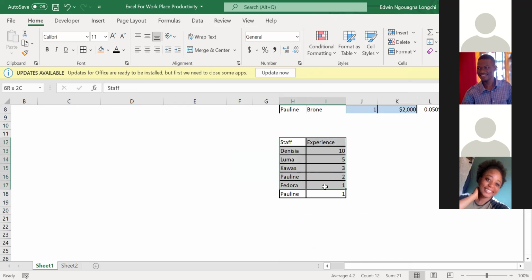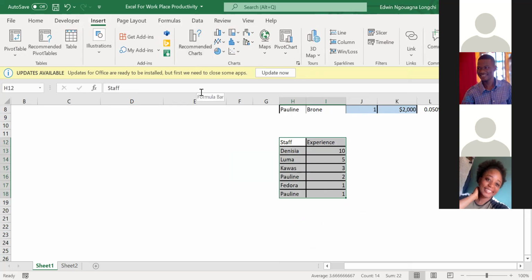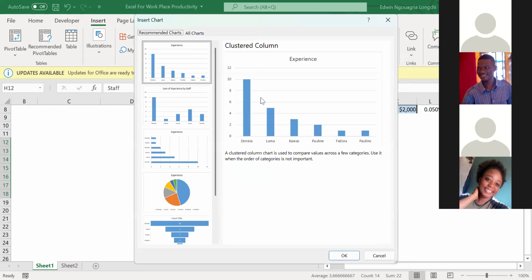All right. And then I highlight all of this and I come to insert. If you don't know which chart to plot, because we have bar chart, line graph, if you don't know which chart to choose, just take recommended charts and let Excel recommend a chart for you. So recommended chart, and what has Excel given us? A column chart, the first one, which is the best. So I'll just take the column chart.